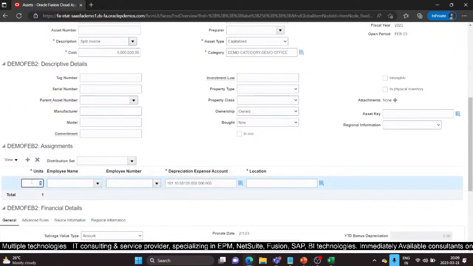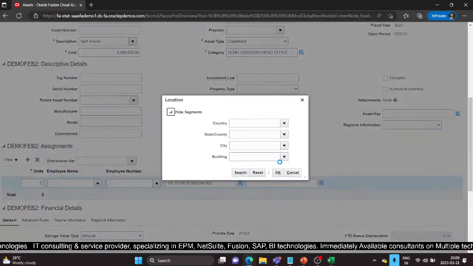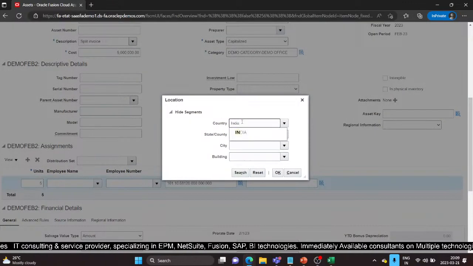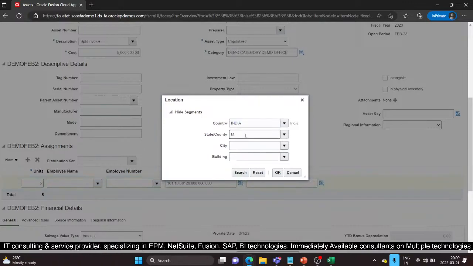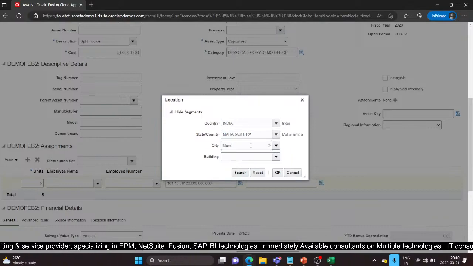Here you can see the unit is 1. So I will give 5 as units. So means 5 units I want for this asset, and location we will select. So country is again India. City Mumbai,